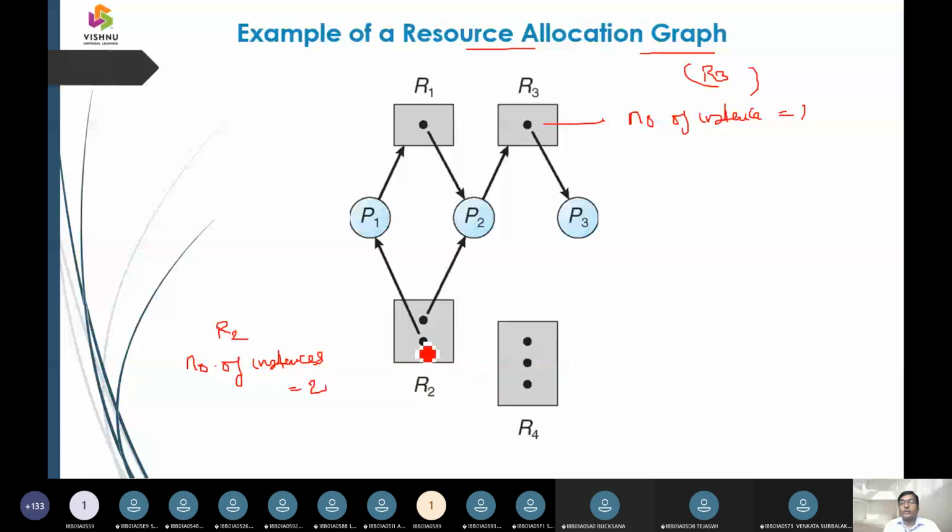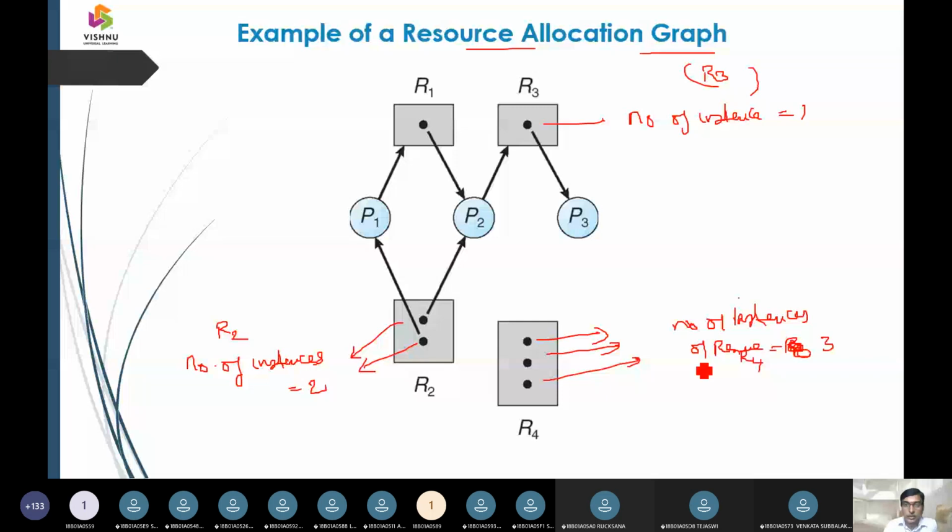Next one, here in this model, the number of instances of resource R4 is equal to 3. And for R1, the number of instances is equal to 1.